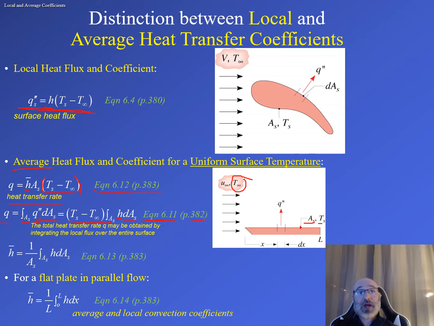So again, this relates back to our equation 6.11 on page 382 of our textbook to get that total heat transfer rate Q. So this brings us down now to our equation 6.13. What we can see here is that the average and local convection coefficients are related by this expression. So we can see our h bar right here, our average convection coefficient, is equal to our 1